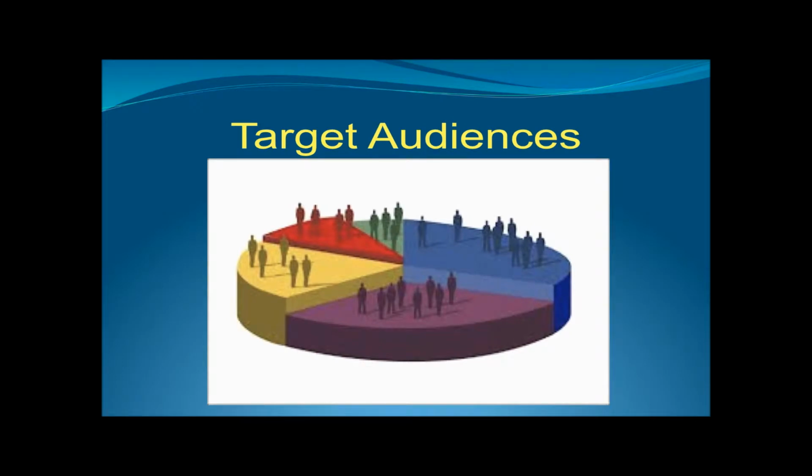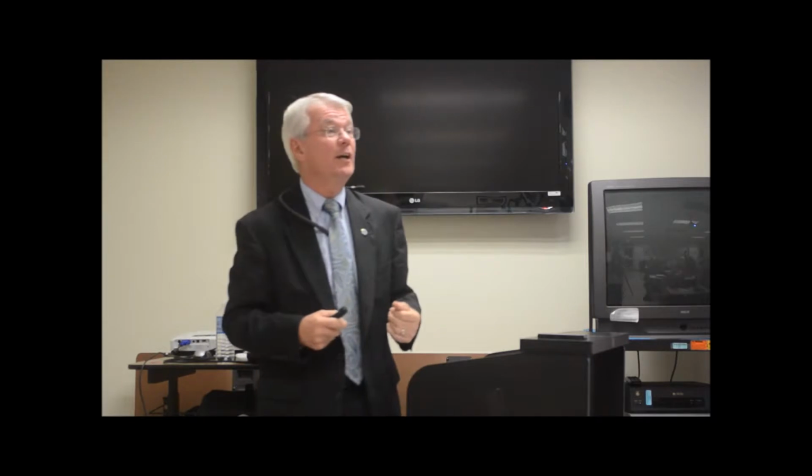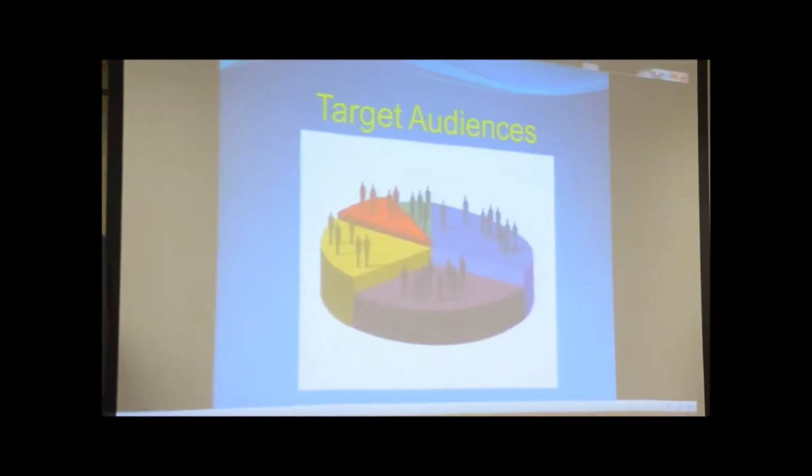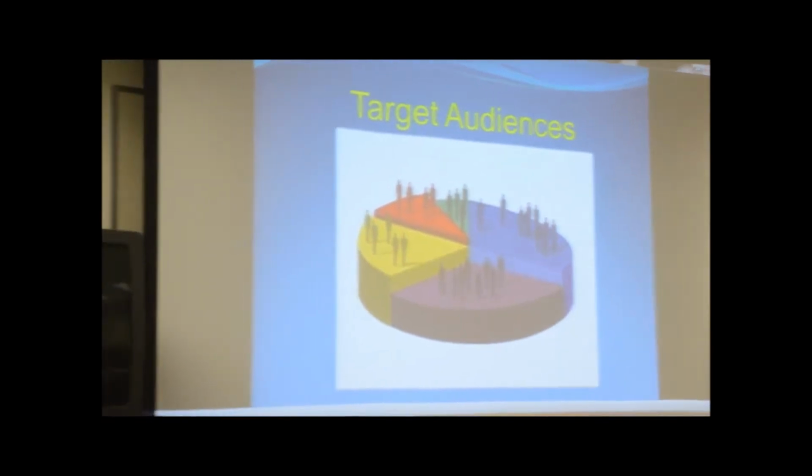Target audiences. A lot of times your message that you're pushing out there and the audiences you're trying to reach can be very separate. Coming into hurricane season, I send out like 14 different press releases every year, and basically they all have a different audience. Boaters, business owners, people who need special assistance, people who live along the coast, people who live inland, who have the threat of inland freshwater flooding.